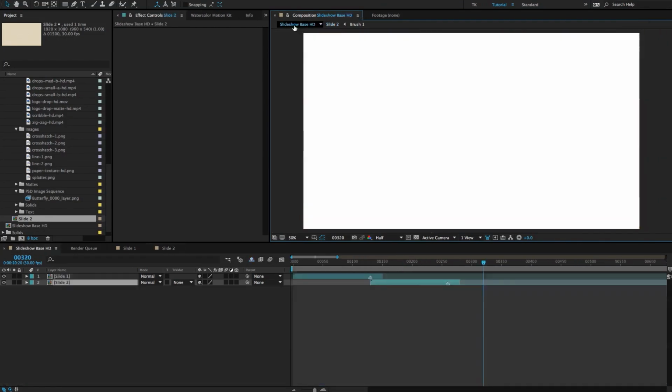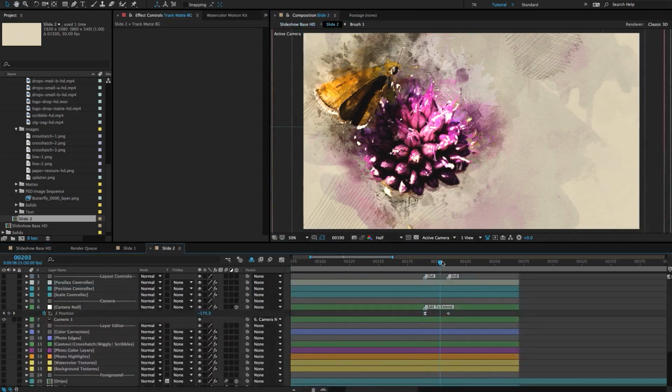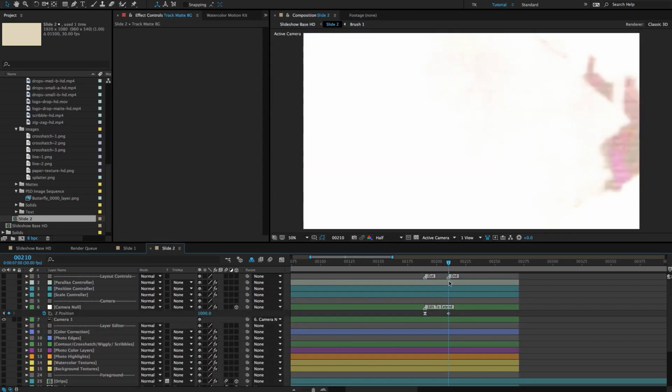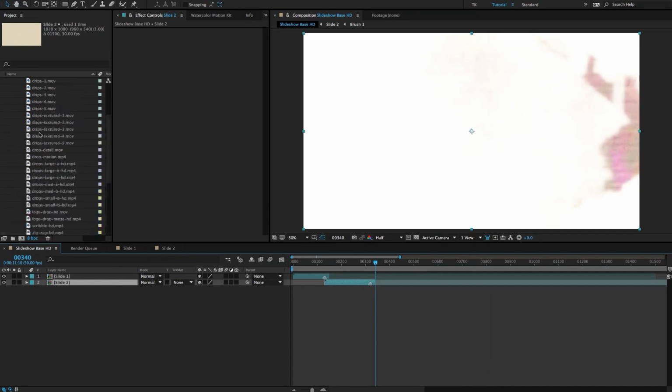marker, we'll go back to slideshow base and we'll drag that marker over, and we'll also slide the end of it over to be right there. Now actually we want this to be past it a little ways. So we'll go back into slide 2, bring our current time indicator to the end on frame 210, and then go back to the slideshow base, and that's the position where we want the end of our layer to end. So that's it. So we've created a new end point, and then all we have to do now is